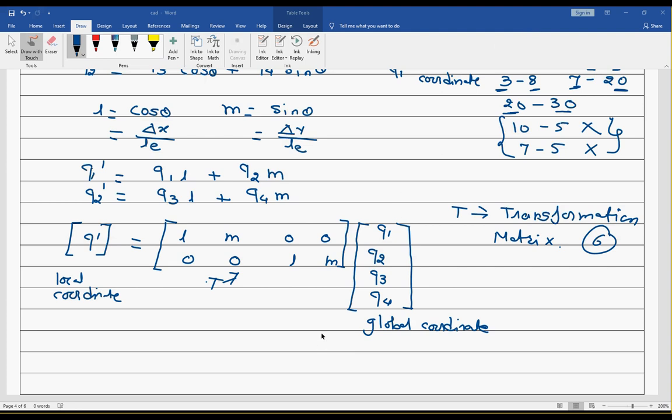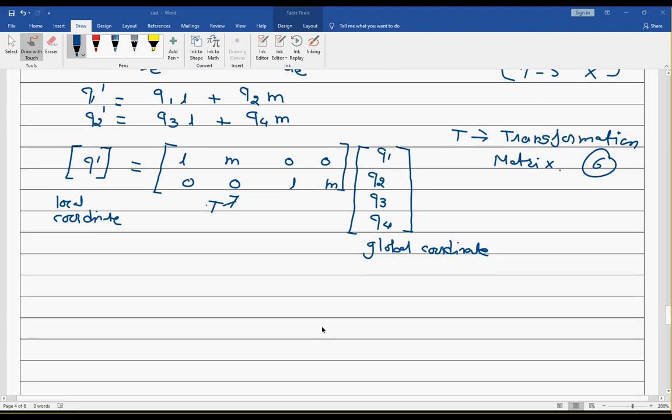Okay, so now there is a derivation for the stiffness matrix. Right now the time is not enough for me to continue the lecture. So what I'm going to do today is stop here, and next time from this we are going to derive the stiffness matrix. So two short sessions we have taken today. Okay, I'll just post the attendance.